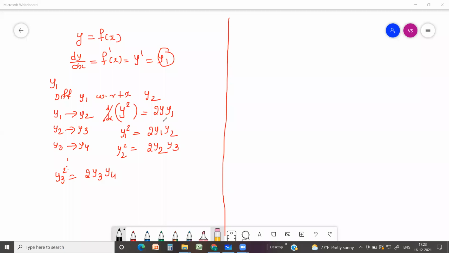which is y4. So these notations are very useful to solve any Taylor series problems in a shortcut way. Why is it used? As I told, direct differentiation sometimes becomes tedious. It takes a lot of time and a lot of calculation. Maybe for some students it may be a difficult problem. That's why we are using this shortcut method. These are very important, my dear students, kindly note down. I hope you understood this and you can note down these points.